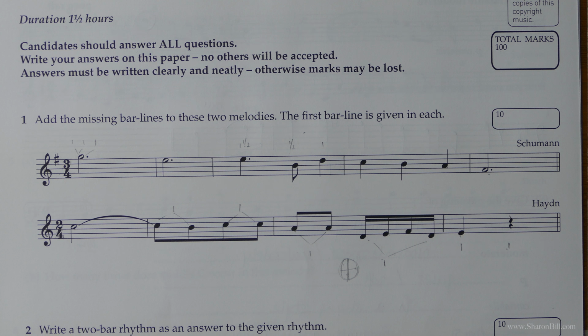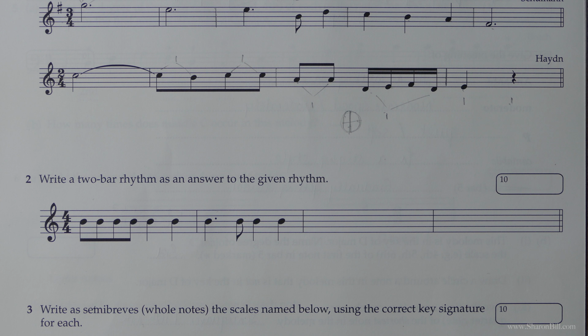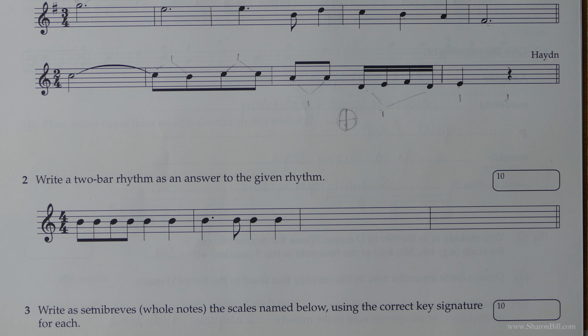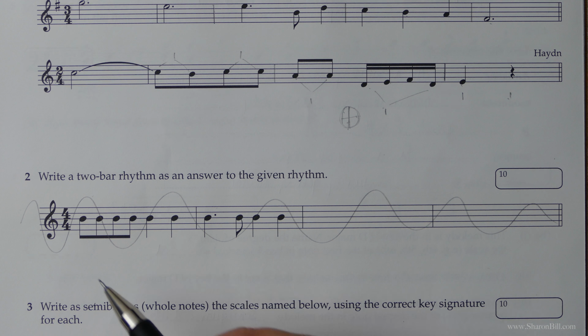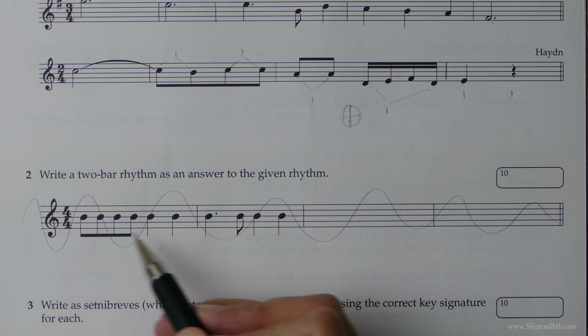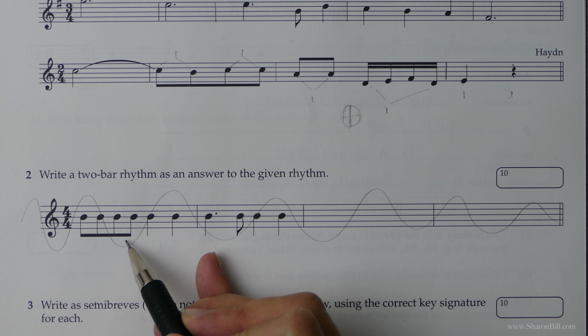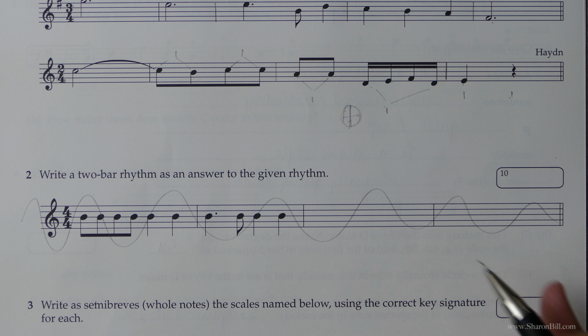That's that. Now the next question is the 2-bar answering rhythm, which we no longer need to do in the exam paper. That's no longer part of the exam in the newly revised exam paper, so we can give that a miss. If you want to have a go of that in your music theory and practice workbook, by all means do so. It's a good exercise in making sure you get the correct number of beats per bar and also how to properly group those beats. However, for exam purposes, that's no longer on the paper, so we're just going to skip that and press on